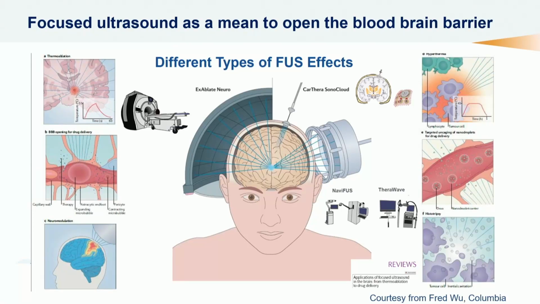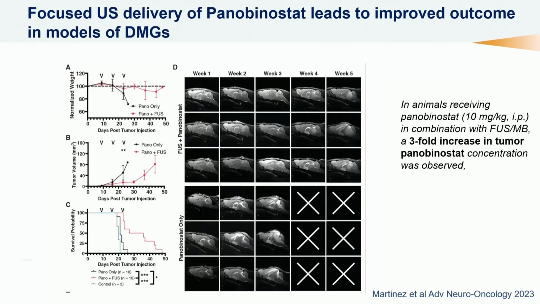We have the InsightTec device, the Carthera, which is an implantable system that is already in use in children in France, I believe. So there are many different technologies that we can now use to potentially harness focused ultrasound to increase blood-brain barrier penetration. And so just going back to panobinostat, this was one of the studies recently published in Advances in Neuro-Oncology,